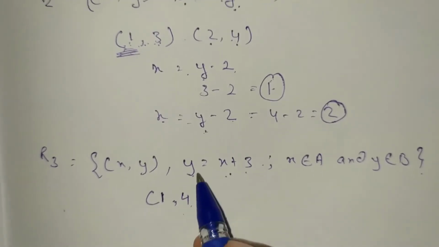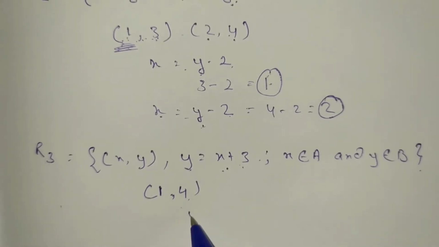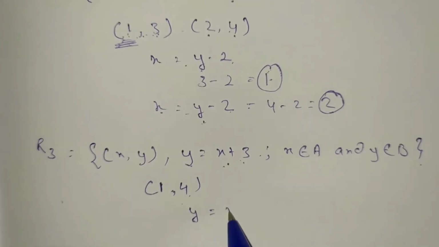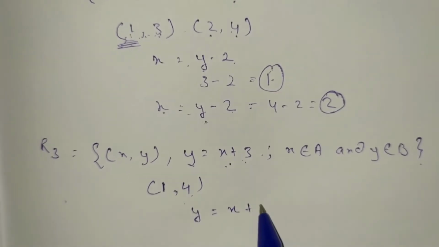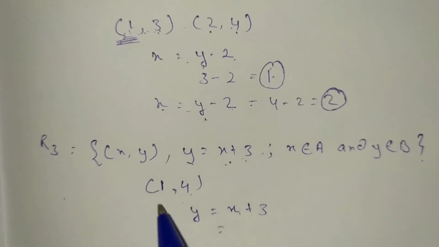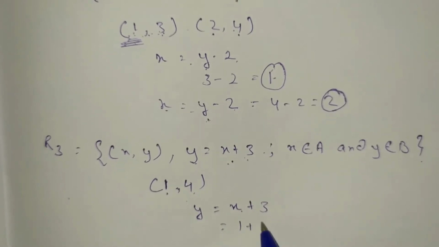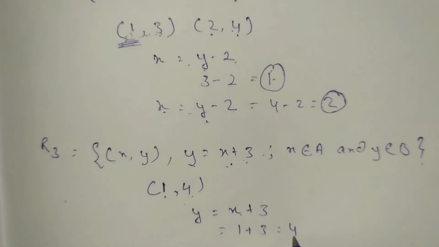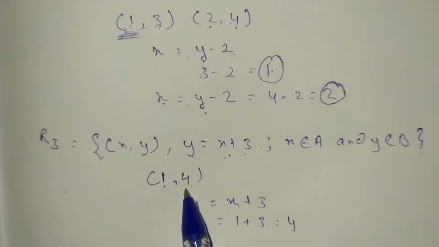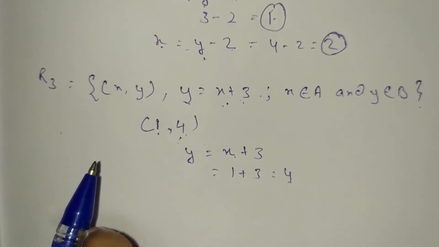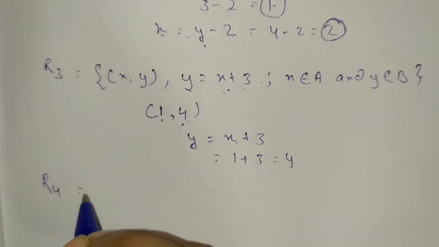Now cross check it on the equation, that is y is equal to x plus 3. Now the value of x is 1, 1 plus 3 is equal to 4, and here we can see that the value of y is 4. Let's draw our fourth relation, that is,